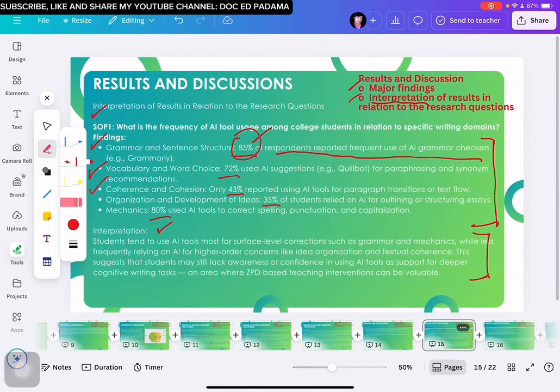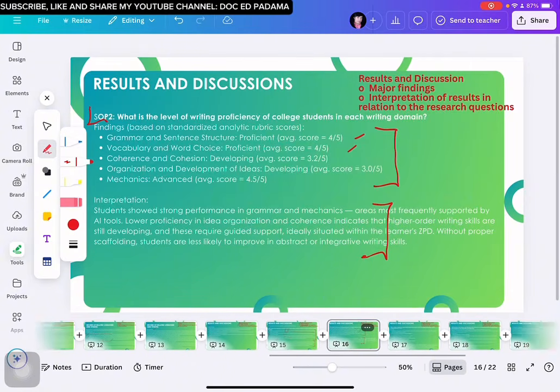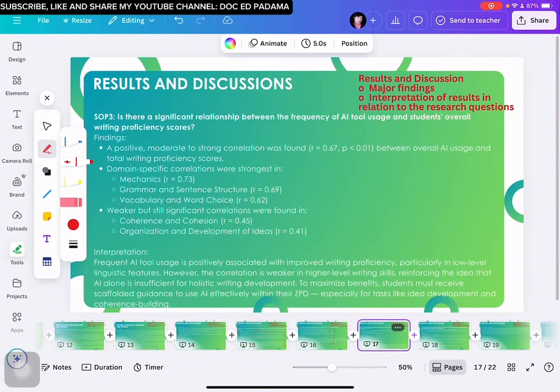So this will only be repeated in the other specific problems. So we have 4 specific problems. This is for SOP number 1. And then for SOP number 2, it's the same. This is the specific problem. These are the findings and these are the interpretation if the narrative interpretation is not included in the findings. So you can do it this way. That would be easier to analyze and present if you're presenting it using your slide. Okay, the next one, this is supposed to be SOP number 3. And then this is the findings. And then this is the interpretation.